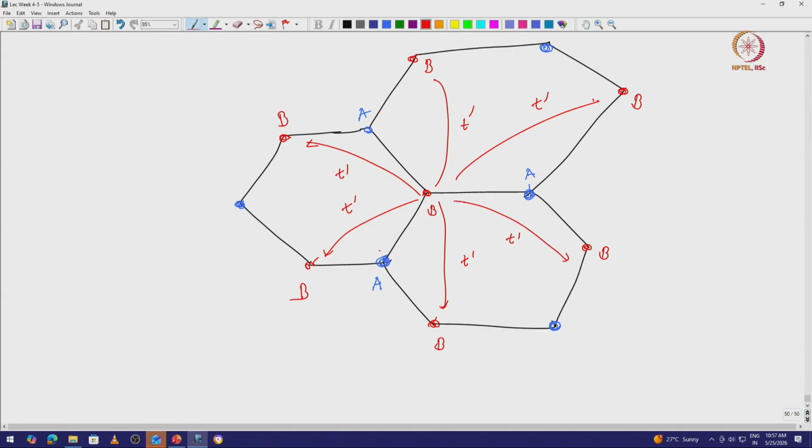And if you do the same thing along A also, there will be A to A, and by symmetry it will have all the same hopping, and the second nearest neighbor terms are